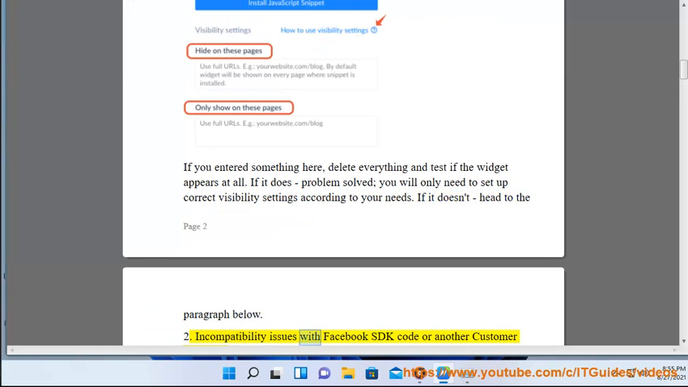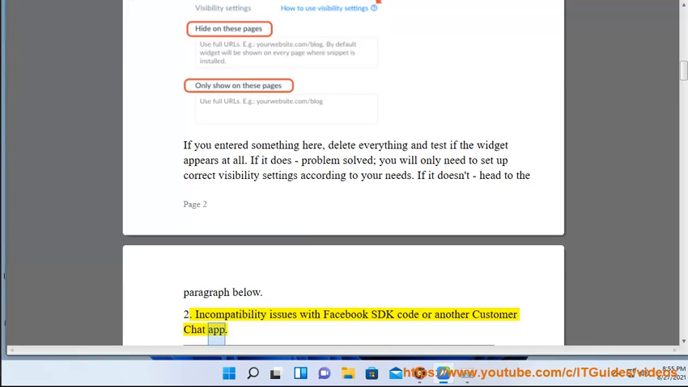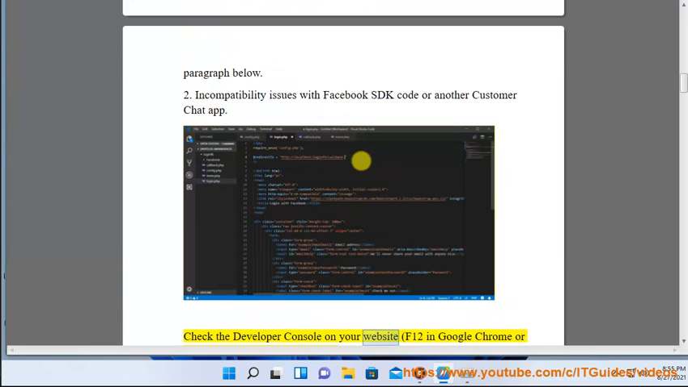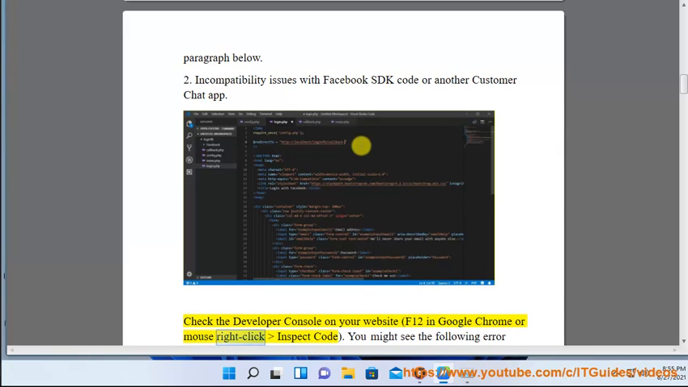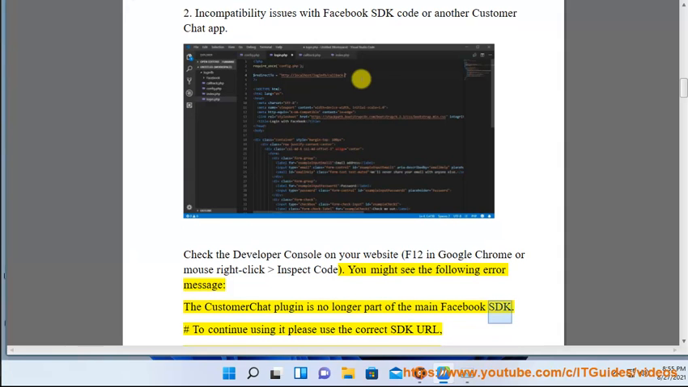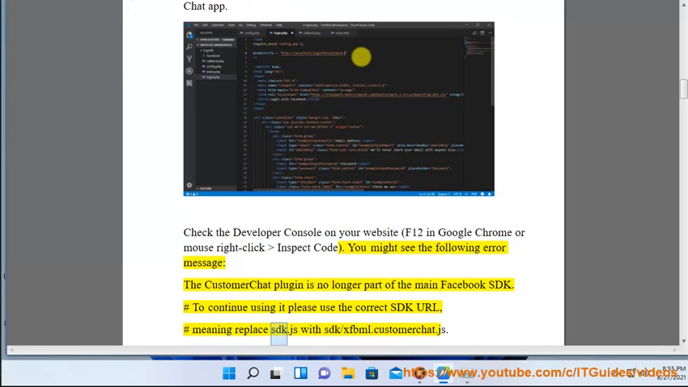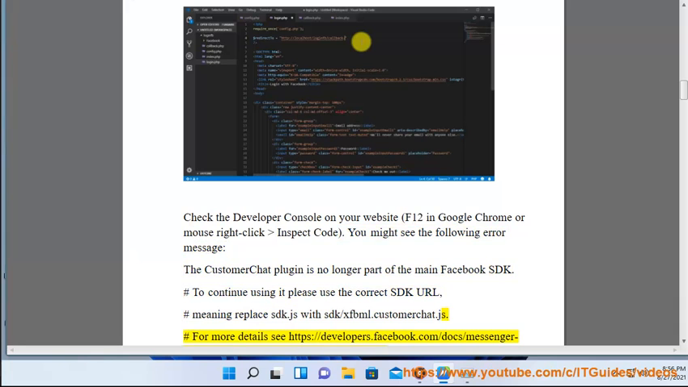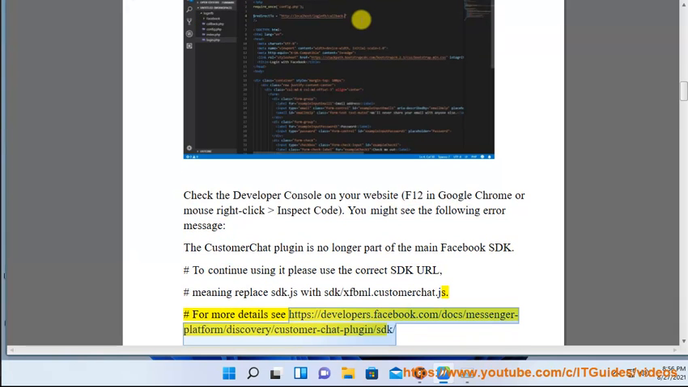2. Incompatibility issues with Facebook SDK code or another customer chat app. Check the developer console on your website, F12 in Google Chrome or mouse right-click Inspect Code. You might see the following error message: the customer chat plugin is no longer part of the main Facebook SDK. Hashtag to continue using it, please use the correct SDK URL. Hashtag meaning replace sdk.js with sdk/xfbml.customerchat.js. Hashtag for more details see